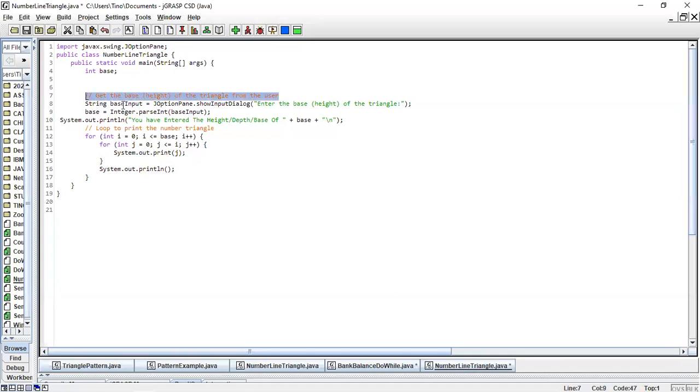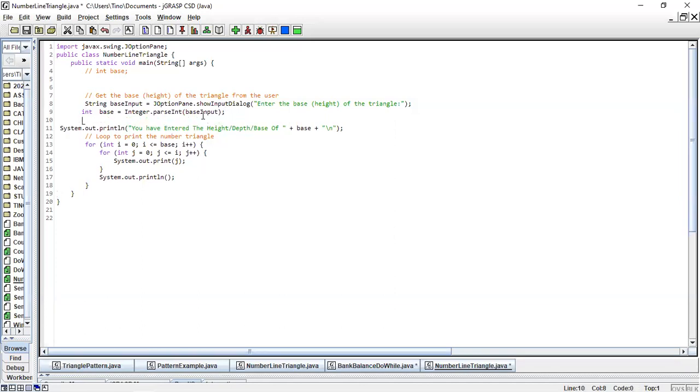Hence, we are going to say String baseInput is equal to JOptionPane, enter height of a triangle, maybe 5. Then, now that you have entered 5, convert that to an integer. We are saying maybe an int. For now, just forget this. I'll show you where it comes from because I don't want you to cram this. Then we have converted it, right? Okay, so System.out.println, you have entered the height of, here we are simply displaying the height that you have entered.